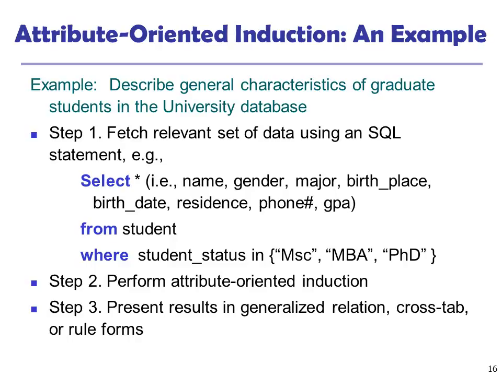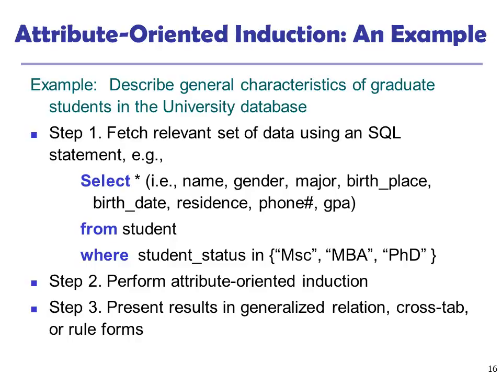So first, in step one, you're going to fetch all the relevant data using a simple SQL statement, all the relevant data with respect to all the students in the university, right? So what is going to be the relevant data? Name, gender, major, their birthplace, birth date, their residence, their phone number, their GPA, right, from something like